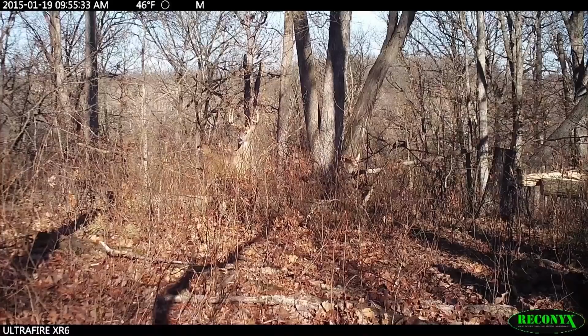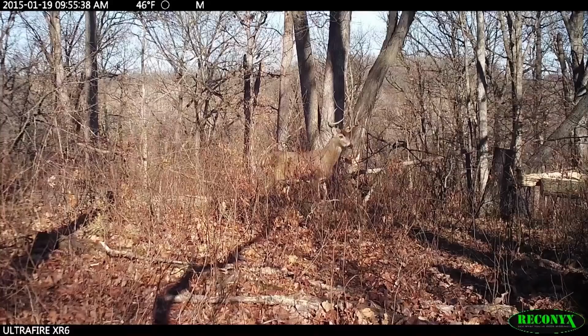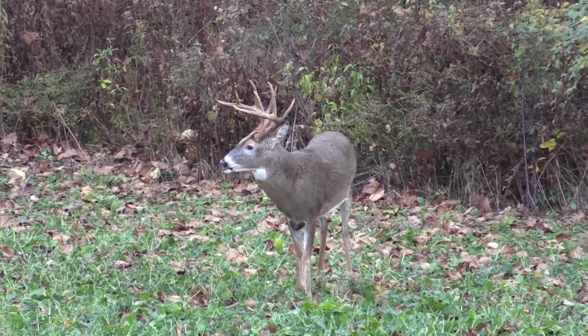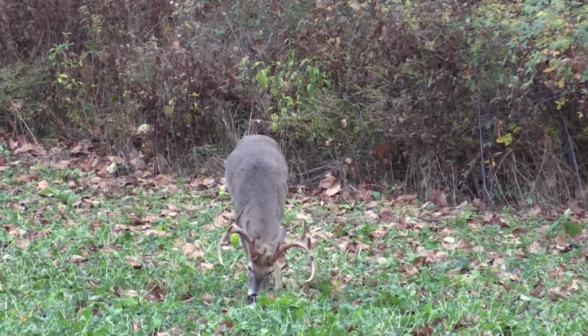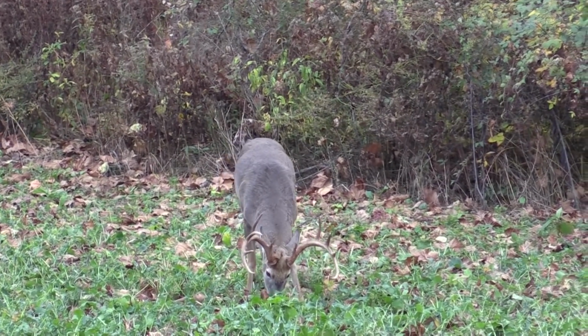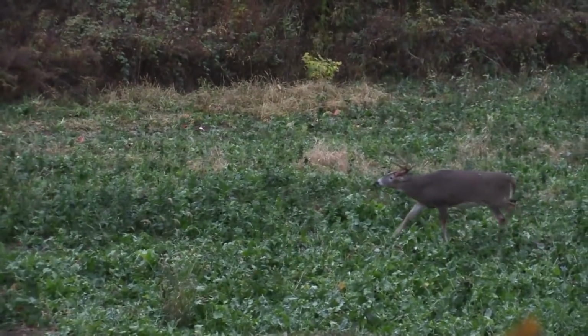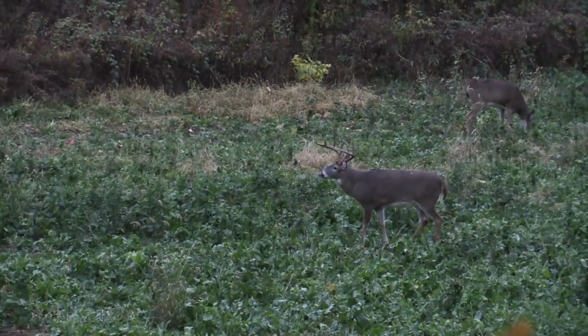If you can control the mature buck bedding on your property, there are huge advantages, because now you've got bedding and, preferably, enough space to put in some food. That means that when they get up, you can make it so you're the first stop before they cross any property lines. Then, hopefully before first light, they jump back over that fence and hit your food source at first light on their way back to their bedding area. Those are huge advantages. The catch to all this, though, is that not every property is going to work for